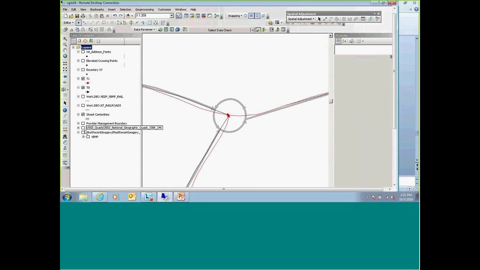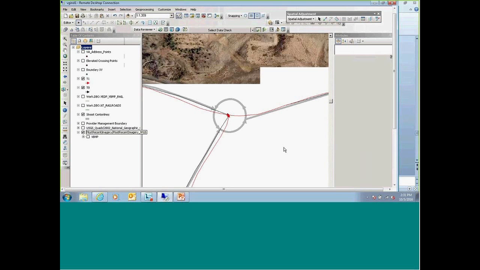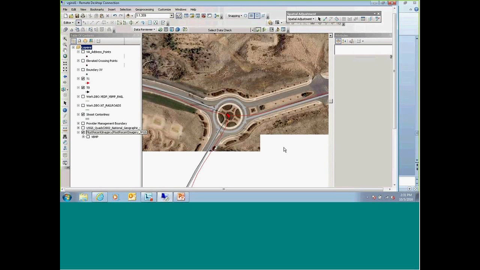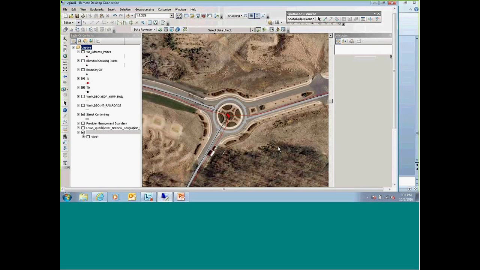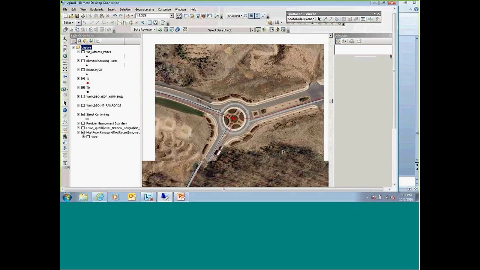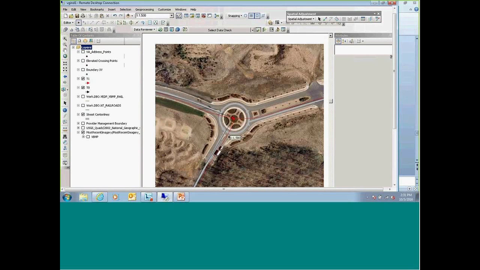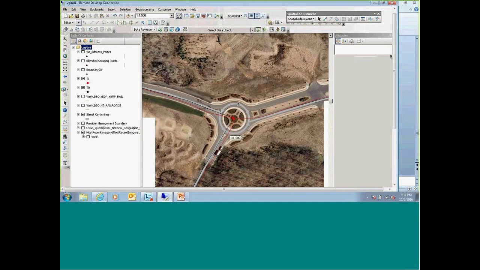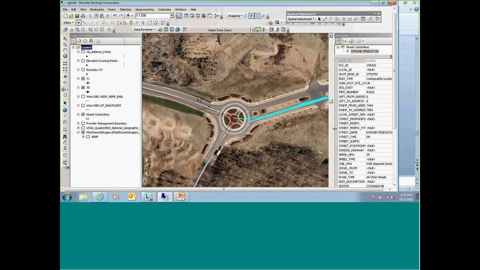You can clearly see it on the aerial photography, but it's fairly new, so we were able to pick that up on the RCL. Now it's just a matter of waiting for the locality to pick up on that.